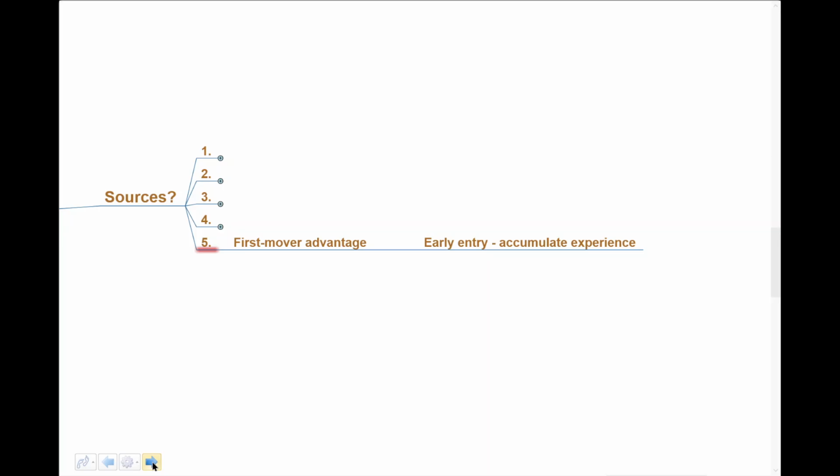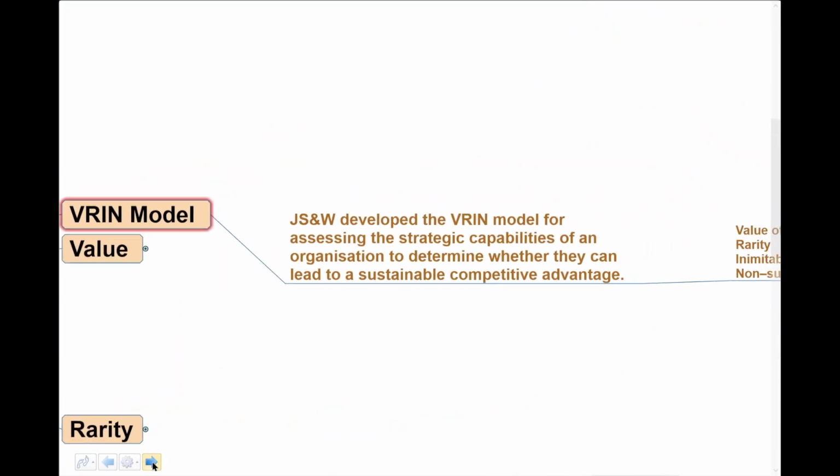Another area here, first mover. So again, all we're talking about here is where individual entities, organizations are the first on the pitch, then more often than not, that gives them the opportunity to be more efficient because they learn early and learn more quickly about the market. Okay, let's move on from there.